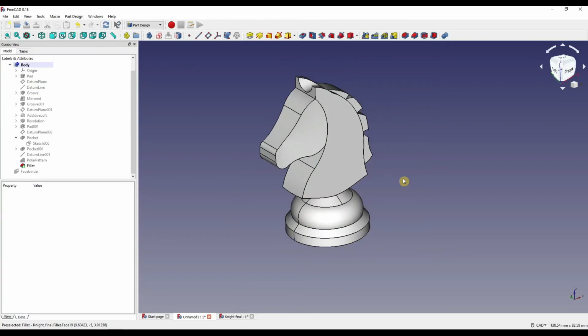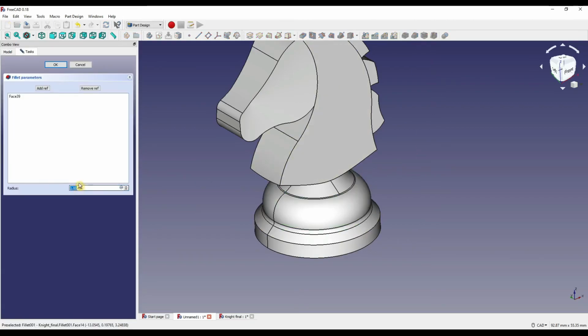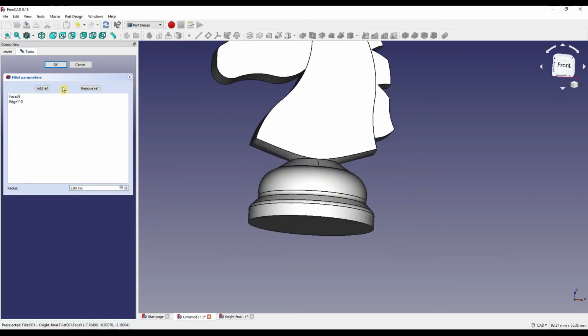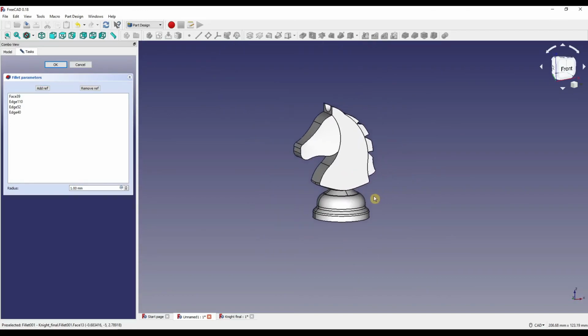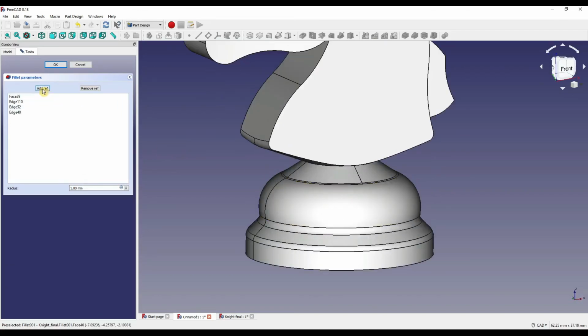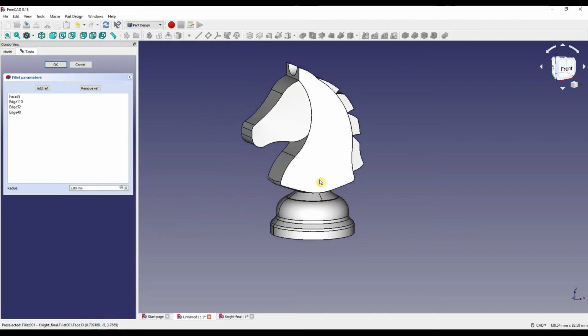So the second lot of fillets is going to be around the base of our chest piece. So I'm going to click on this face here, click fillet, it's already set to 1 mil, and I'm going to add a reference around that line there. I'm also going to add a reference on the edge of our piece, and I'm going to add another reference on the back of our piece there. If you accidentally click on a face like so, you can click remove reference and click on the face. I'm going to click OK,